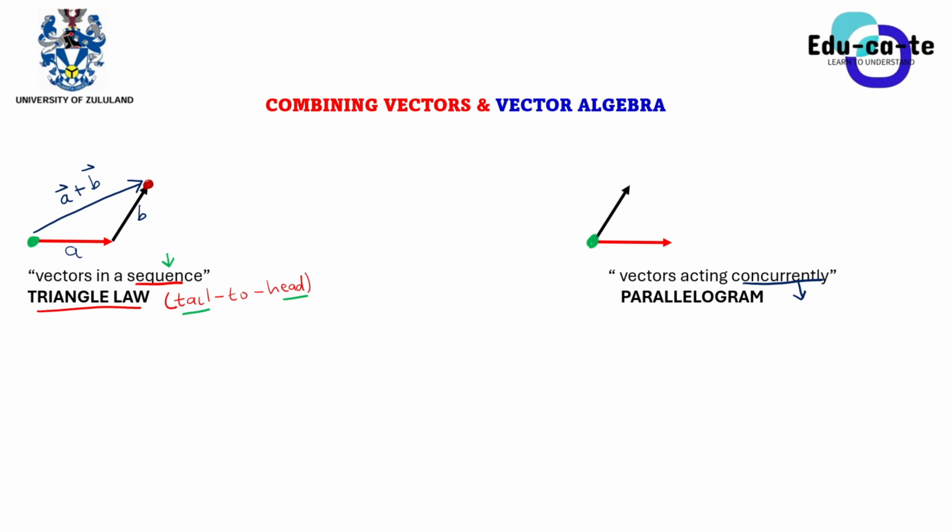So to apply the parallelogram law, or the parallelogram method, what do you have to do? You have to draw here, at the end of this red vector, a dotted line that is parallel to the black vector. So this dotted line, you can see that it is parallel to this black vector, and you have to draw also